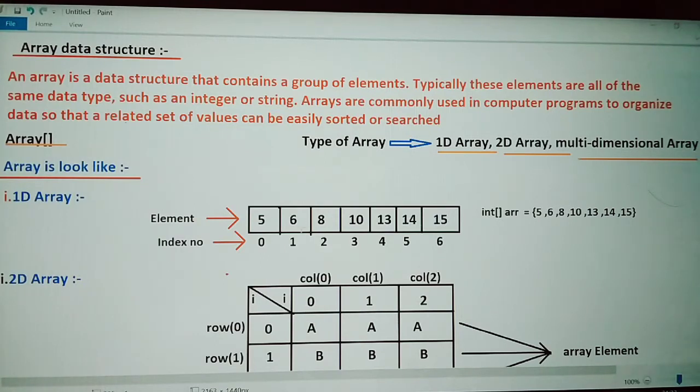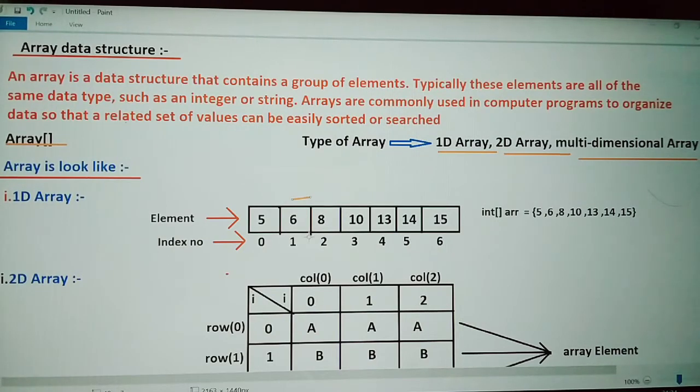This is a type of data which is number, and if I enter in the sixth place any A, B or C, it's not correct.